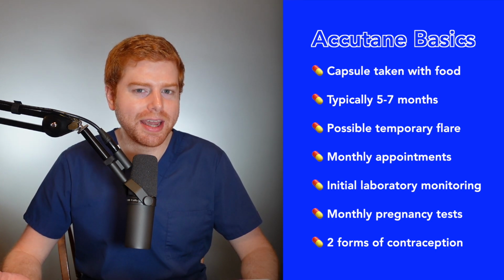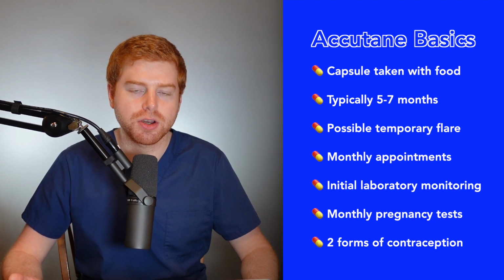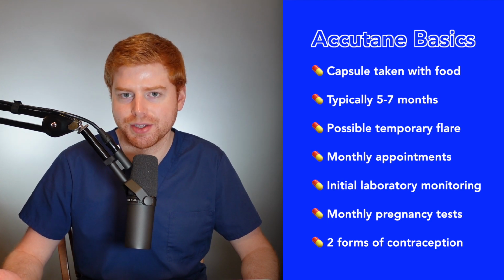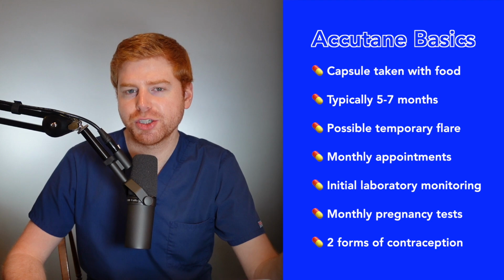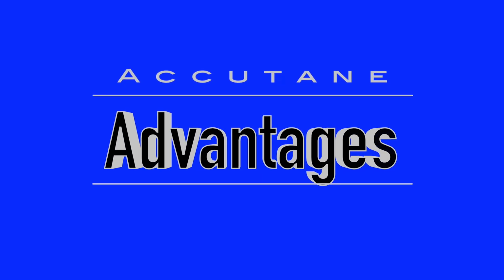As a side note, Accutane is just a common brand name for the medication. The actual medicine itself is called Isotretinoin, and there are many different brands out there, all with the same efficacy. Usually the exact brand of Isotretinoin that you're prescribed will come down to which brand is best covered by your specific insurance. Next, let's move on and talk about some of the advantages Accutane has over other acne treatments available,